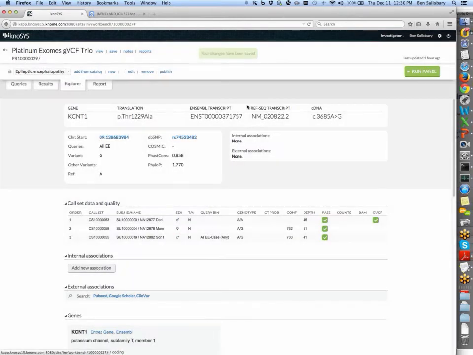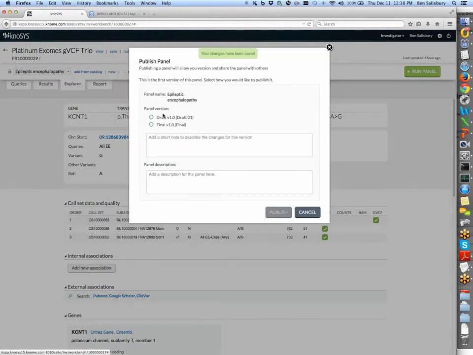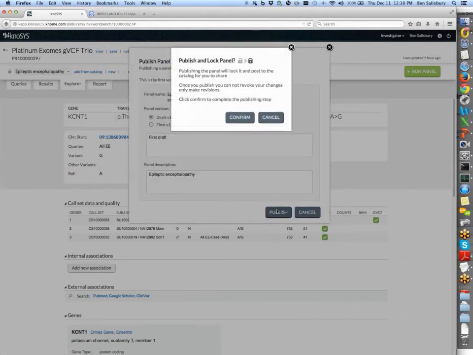I have to save the project first. And now we have the opportunity to save this as a draft or final, and obviously I was just getting going. This is just a first draft. Ultimately, I would want to play with that some more, maybe try it out on some other data sets, break those genes down into the appropriate inheritance modes, set frequency cutoffs, etc. Put in our description there, and we can publish.